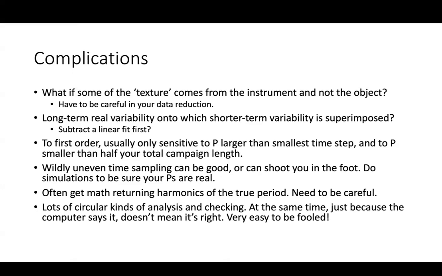So you may need to do simulations. You may need to create synthetic light curves where you know the period because you've created the light curve. You take the real time sampling you have and see if you can recover that known period. Then you can do that for a range of simulated periods to see which periods you can return. That way you can do the simulations to make sure the periods you're retrieving are real. The math magic is wonderful, but it often returns harmonics of the true period. So you do need to be careful about the analysis, and you need to experiment with phasing the light curves.